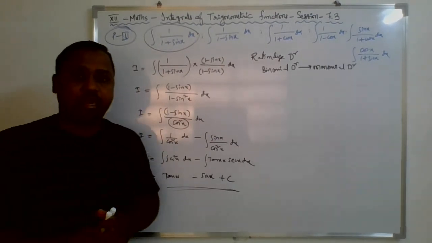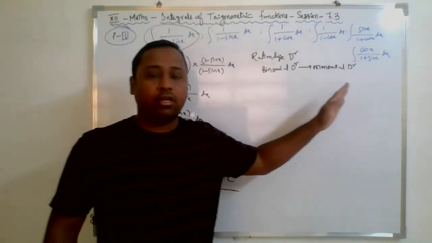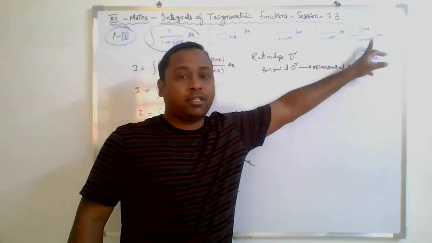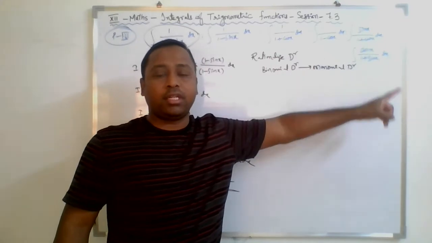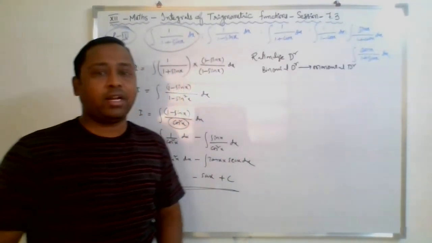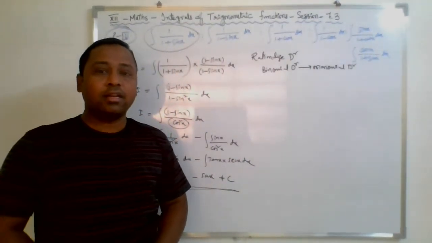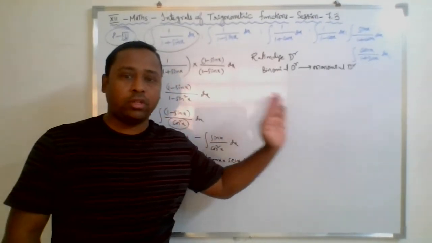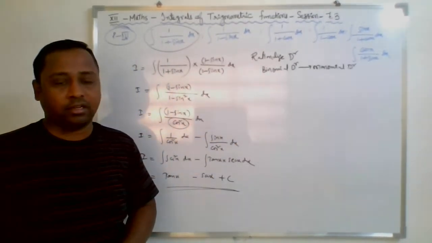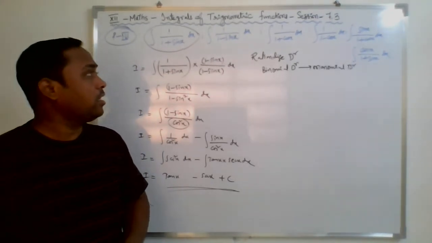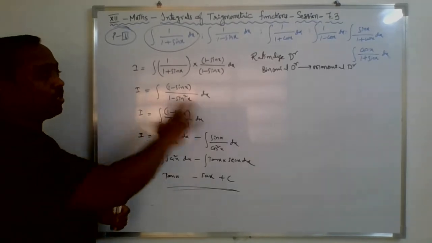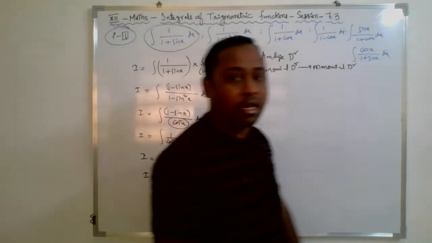In a similar manner, you can go with the next one. Here also you can do the same thing. In all the questions, you will go with the same approach, rationalizing the denominator. It will work in all the questions, so just go with that. So fine, next question, next pattern we'll move on to. Pattern 3 is so simple. We'll go with pattern 4.